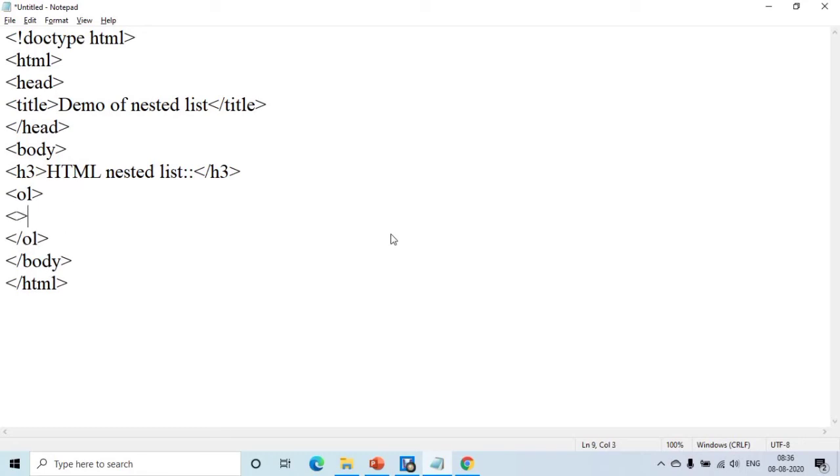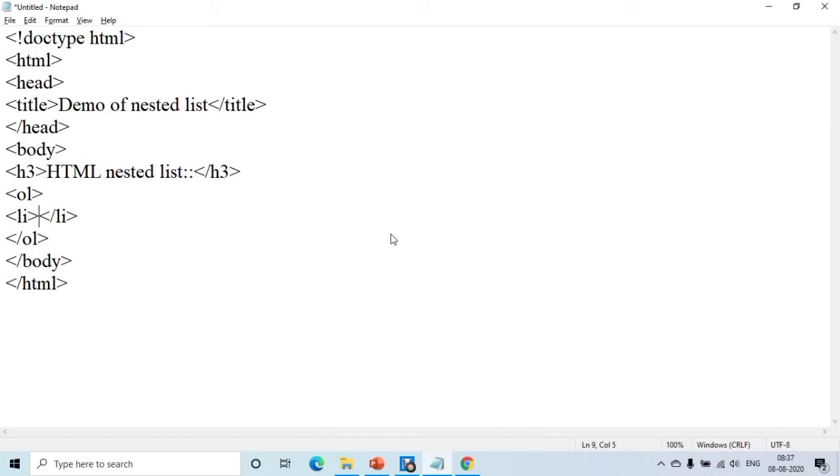Within that you can add different list items. So li tag start and end. Suppose we use a list of colors. Or you can have a list of different topics or subjects.